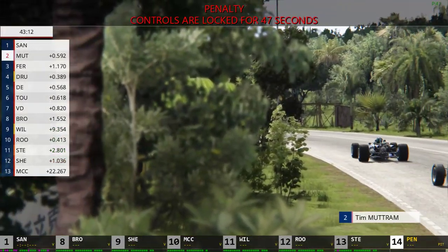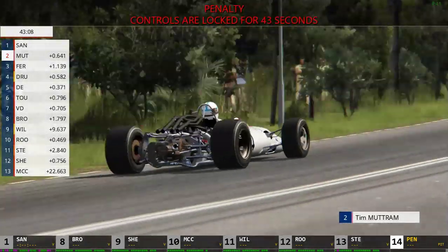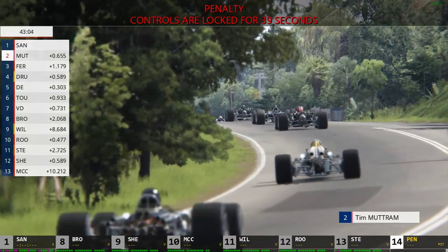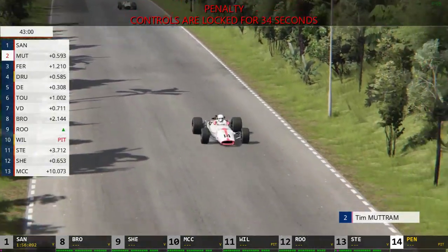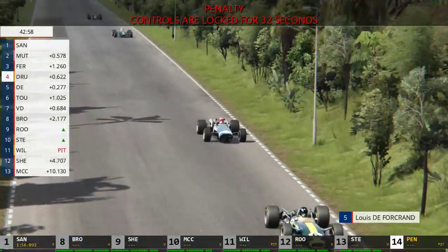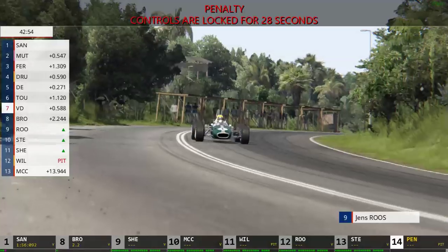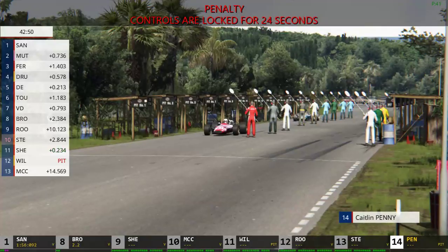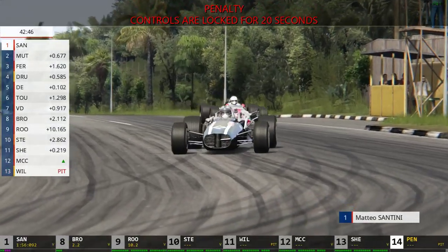Santini is still leading from Muttram at the end of the first lap of racing. The gap looks as if it's going to be about 6/10 of a second as they cross the start-finish line for the first time. We'll keep an eye on the gaps. Indeed, it's Santini from Muttram, then Ferrante, Drug, De Forcron, Tudal, then the leading Eagle, John Van der Geest. Then it's Brown, Roos, Stieg in the McLaren, Shepherd, and then Steph Williams, who's been through the pit lane, and